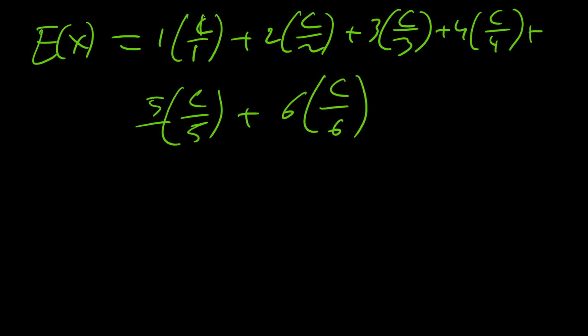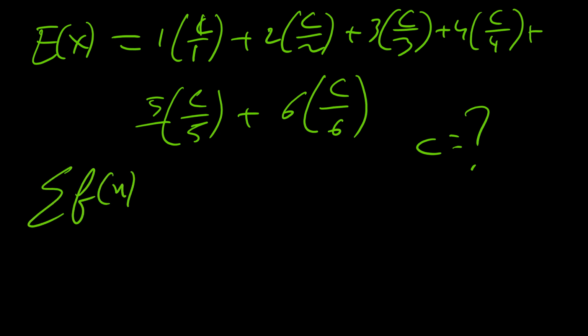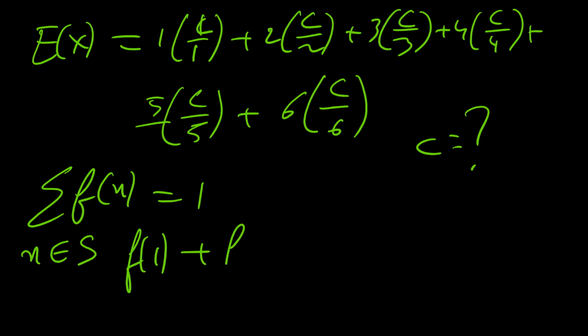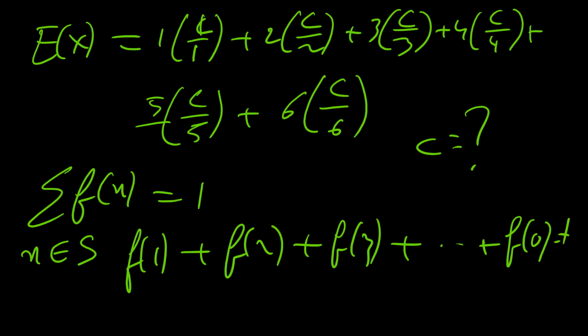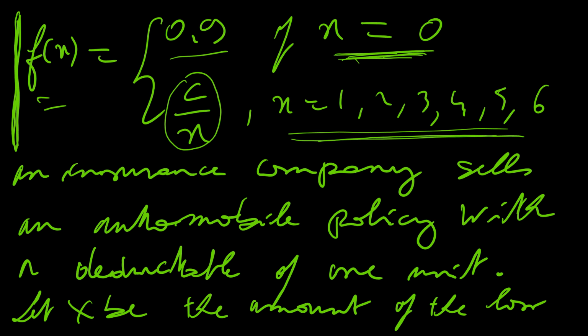But the problem is we don't have the constant c, so we must first find it. We know that the sum of probabilities should be equal to 1. Another property says that the sum of f of x over x in S has to equal 1. So f of 0 plus f of 1 plus f of 2 plus f of 3 up to f of 6 must equal 1. We saw that f of 0 was 0.9, so we start with 0.9 plus